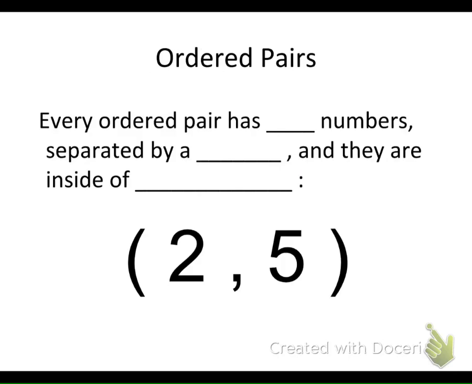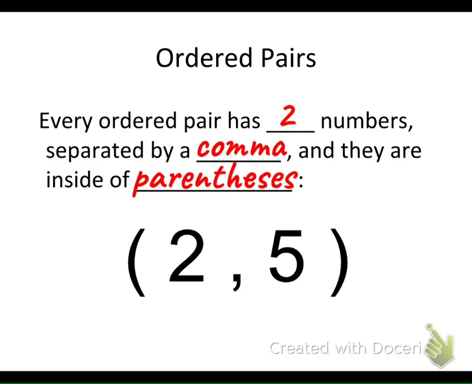Okay, so the next thing that we need to talk about is ordered pairs. Ordered pairs are what you're going to use to know what you're supposed to graph. Ordered pairs, so every ordered pair has, well, what is this called right here? An ordered pair. So every ordered pair has how many numbers? 2 numbers. They're separated by a what? So what's this ordered pair separated by? Comma. And they are inside of, what are they inside of here? Parentheses. Yeah, so every ordered pair has 2 numbers. They're separated by a comma, and they are